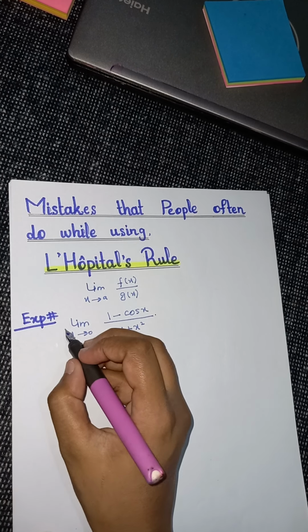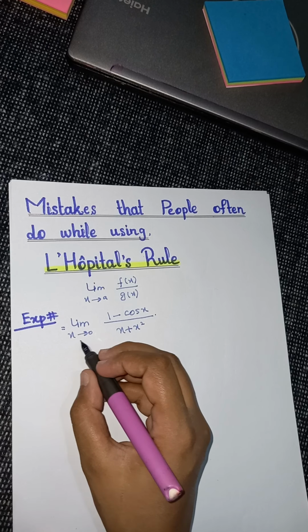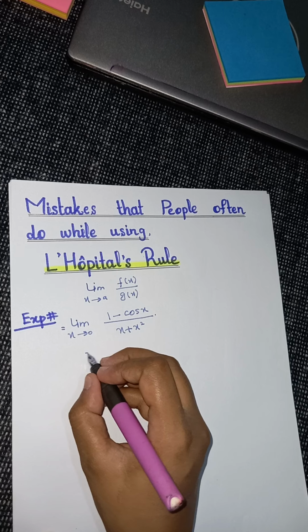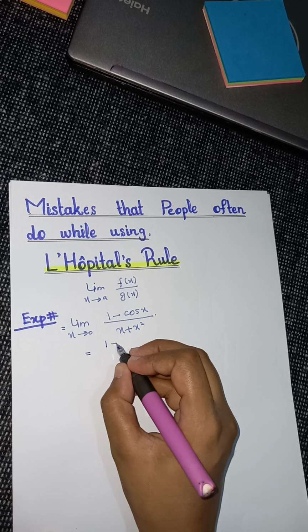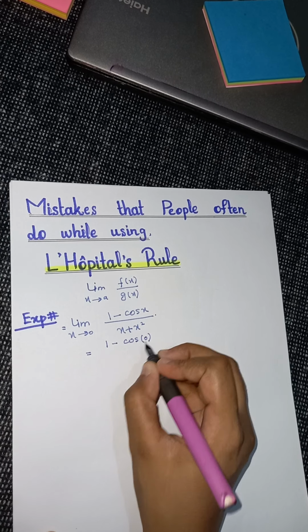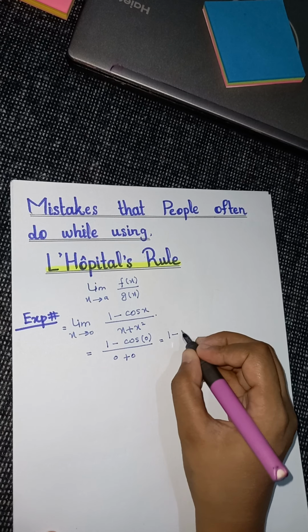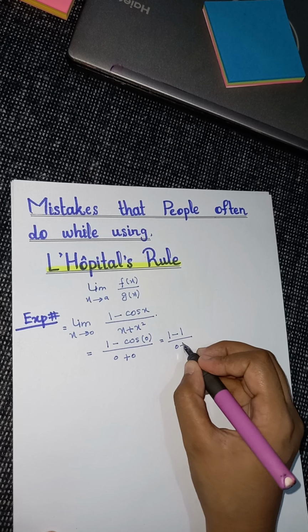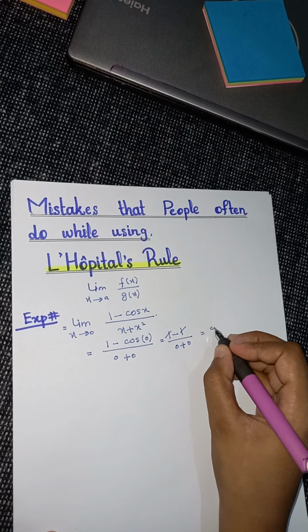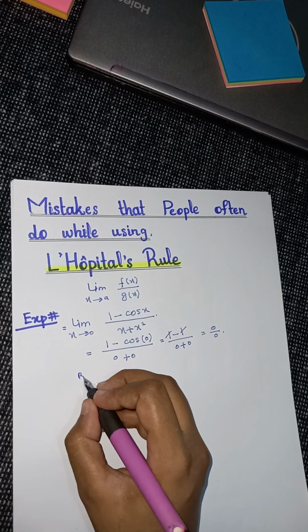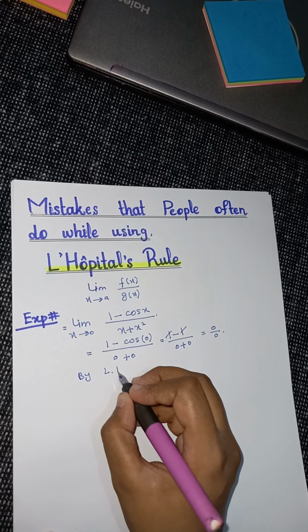Now, if we substitute x equal to 0 here, then we will get 1 minus cos of 0, divided by 0 plus 0, and here we will get 1 minus 1 divided by 0 plus 0. That means we will get the 0 by 0 form. That means here I will write, by L'Hopital's rule,